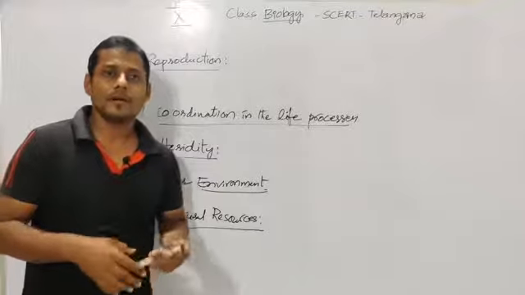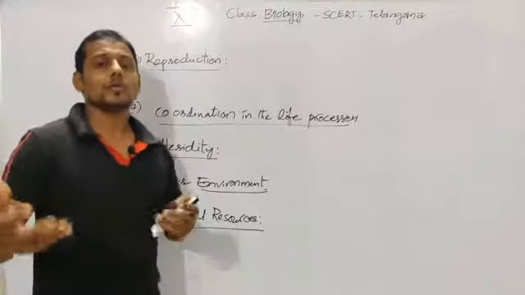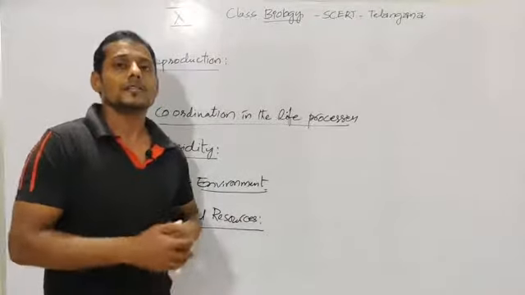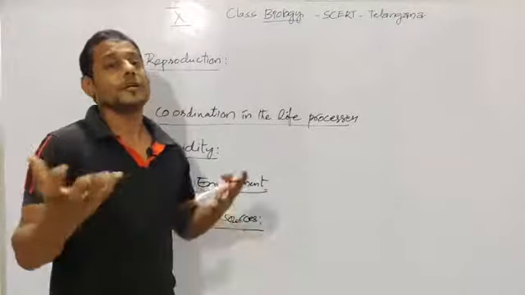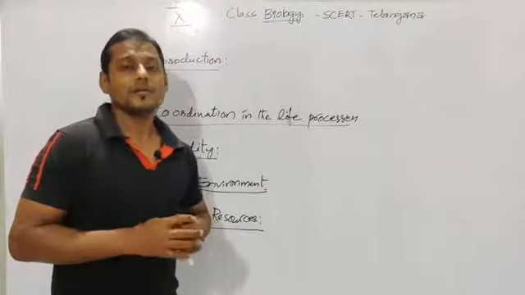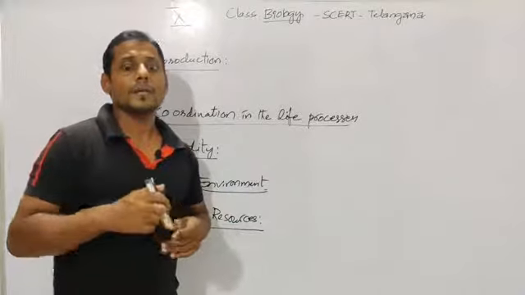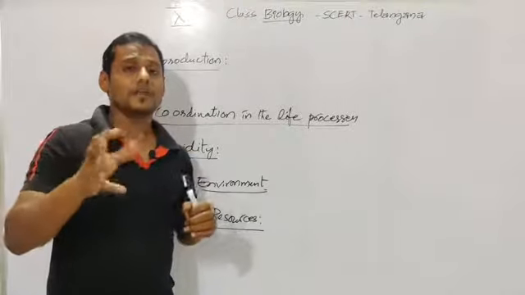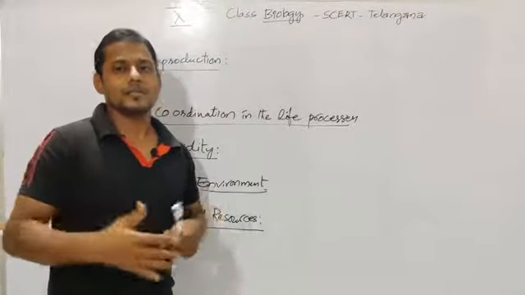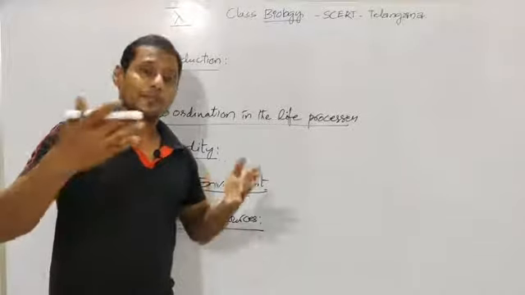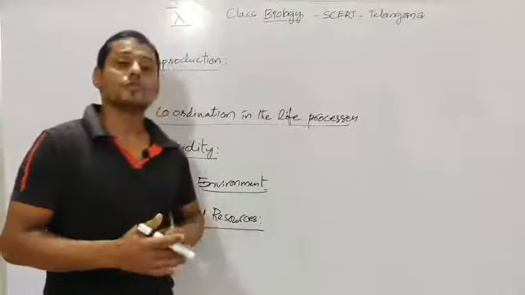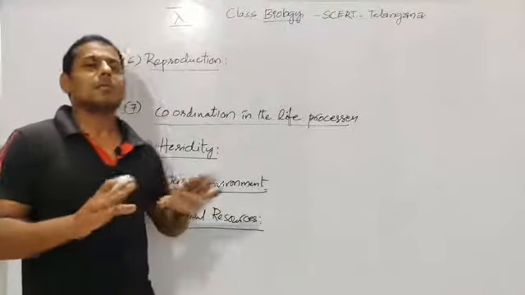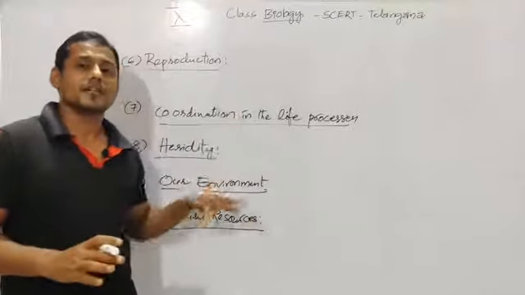Say for example, if you are utilizing the gas, that we are going to get from the earth, and if you are utilizing the petrol, that we are going to get from the earth, that is from petroleum. And if you are utilizing the sunlight for many uses, like solar energy for many purposes, that is also a natural resource. And if you are using the wind by windmills to produce electricity, and if you are using the water for the production of electricity, that is also a natural resource only. So these kinds of natural resources we are going to learn in the 10th unit. So these are all the interesting units in the 10th class we are going to see.